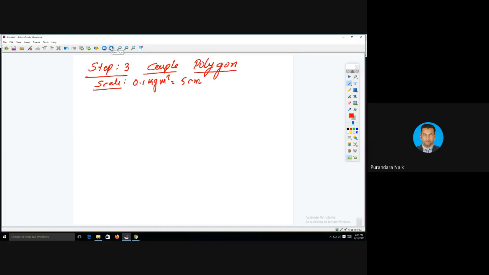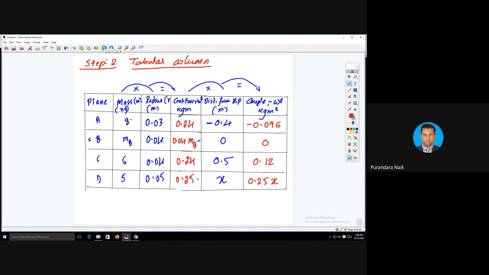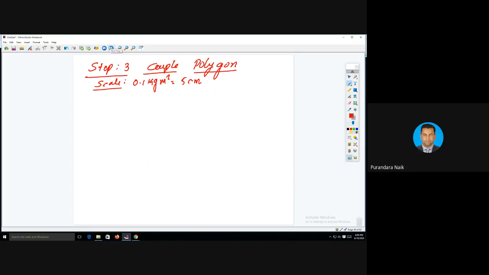First one, you see the table, we have the first value A, angle is 0 degree, but it is a negative magnitude, 0.096. So first, we'll mark a point somewhere here. This is point O, and the reference line is 0 degree, positive x. Just draw a reference line from this point. Means you need to measure all the angles from this reference line.